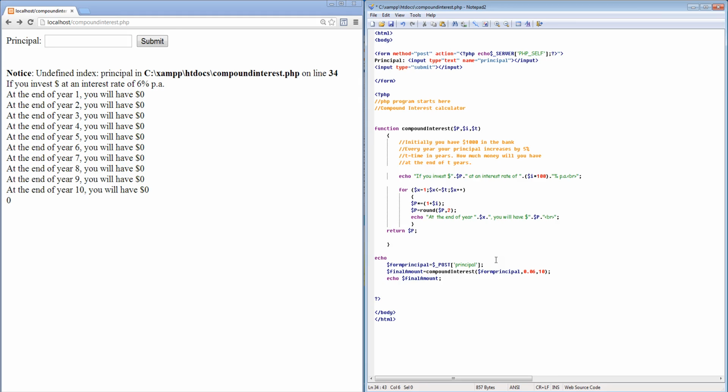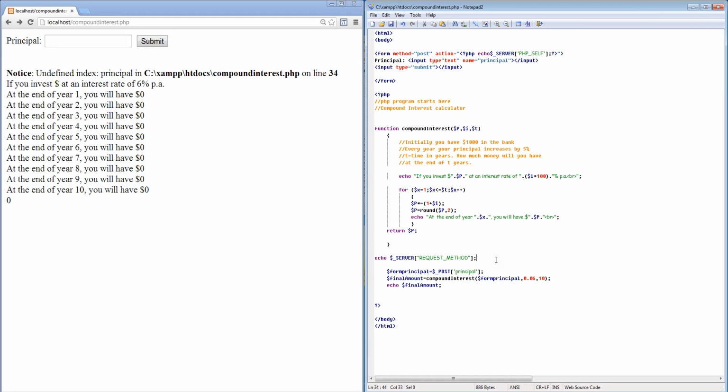So I'll echo the contents of this variable, which is echo $_SERVER['REQUEST_METHOD'];